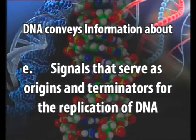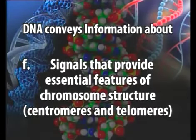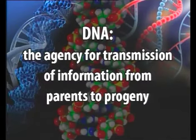Then signals that serve as origins and terminators of the replication of DNA are also contained there. A very important factor is also the signals that provide essential features of chromosome structure, including the centromeres and the telomeres. They are also contained in DNA itself. And DNA is the agency of transmission of information from parents to the progeny, and for this, genetic information is transferred from parents to progeny organisms by faithful replication of parental DNA molecules, which is, as I told you earlier, also a complicated process, not even yet completely understood,